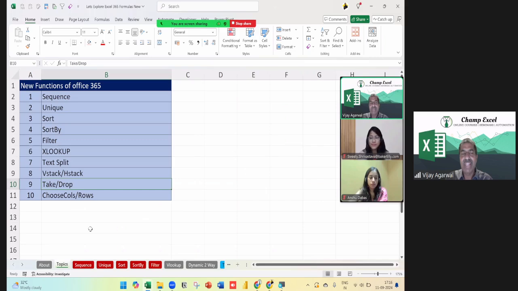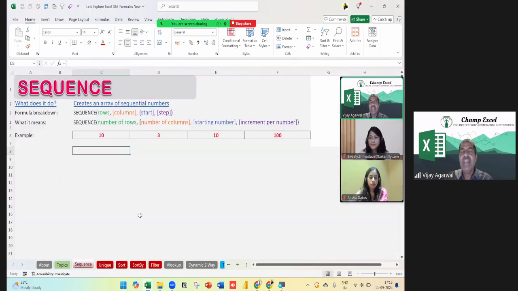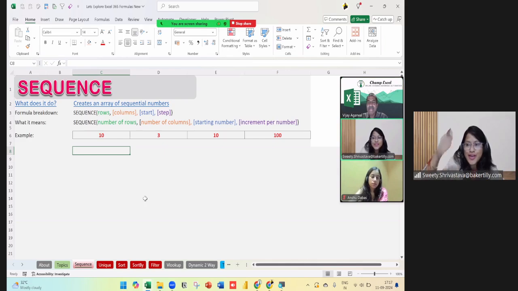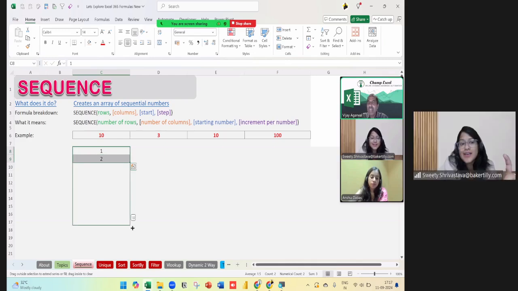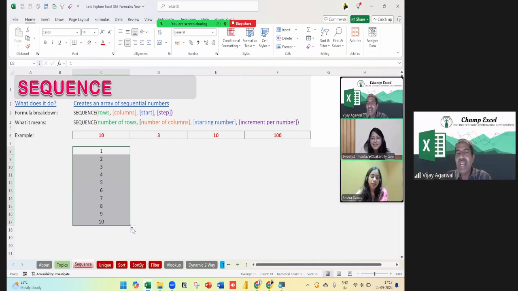Suppose I am having some data like this. You want to make some sequence. Your boss told that, okay, make data where I need up to 100 and please put the serial number 1 to 100. What will you do? Yes, tell me, what will you do? Can you tell me, if you want 1 to 100, how you are going to do? I think we'll just drag 1 to 100 and make the data. So you are going to write 1 and 2 and then you are going to drag this. Am I right? Yeah, flash fill. Okay, yeah, like that.